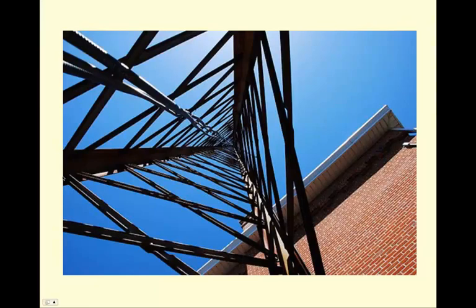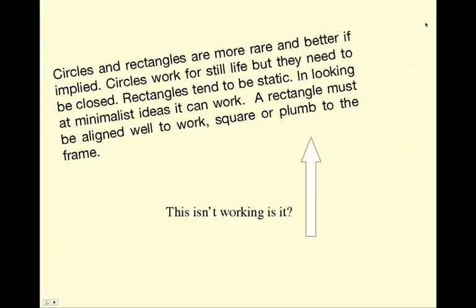When you're composing, pay very close attention to the corners, what's happening in the corners of your images. When we put something in a photograph that's on an angle that doesn't work with the horizontal or is not parallel to the horizontal or the vertical edges, be aware of how that affects the energy of the actual photograph